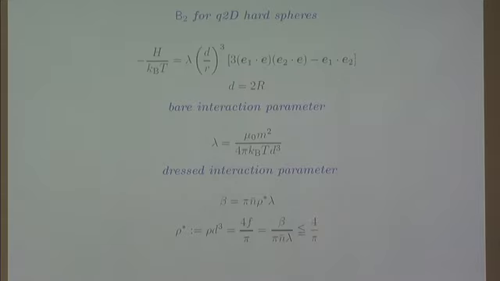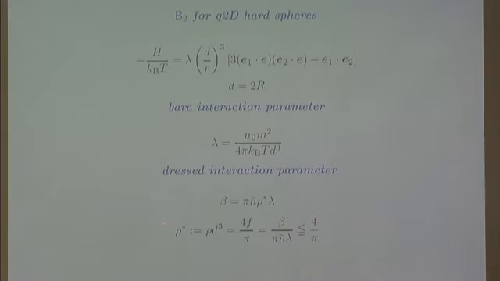And we call this the bare interaction parameter. It is related to the dressed interaction parameter via this relationship. And you see the relationship which links the two parameters, of course, depends on the coordination number, but also depends on this